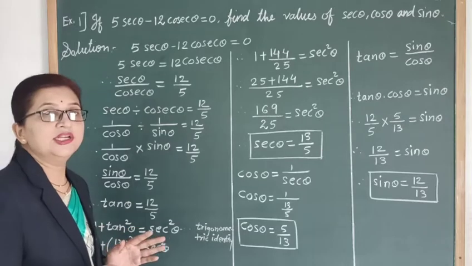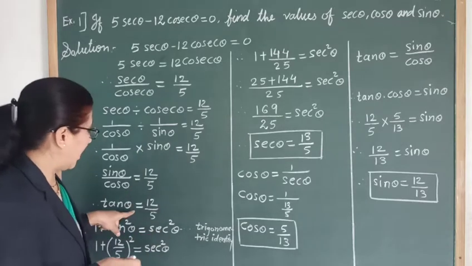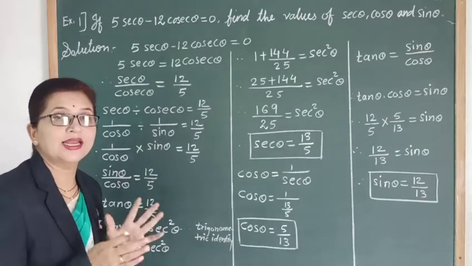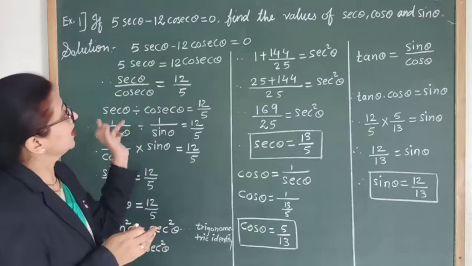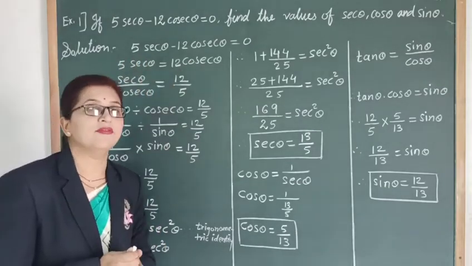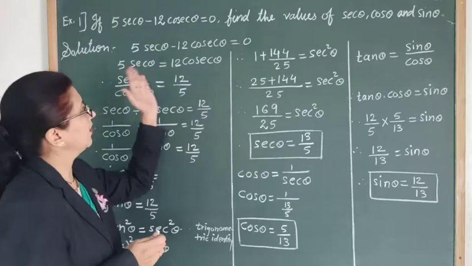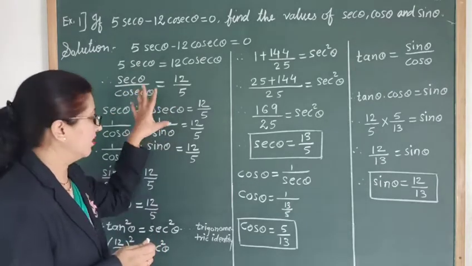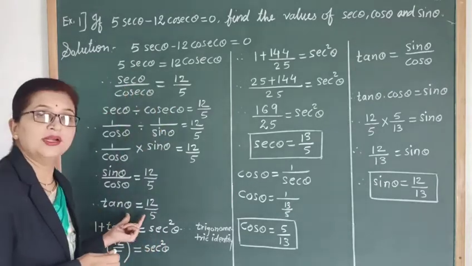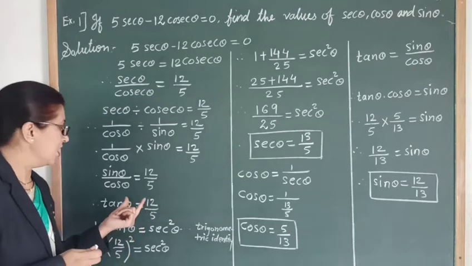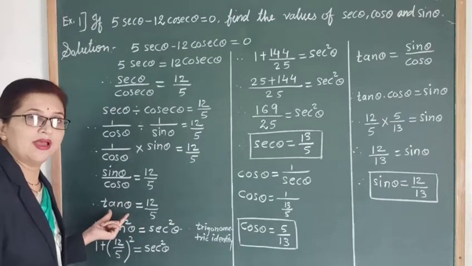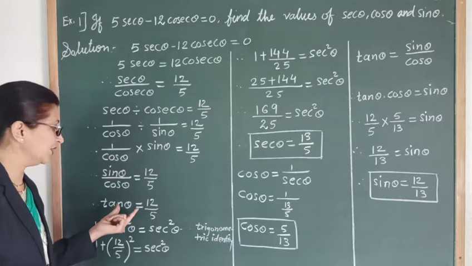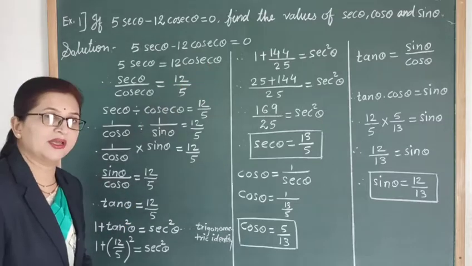So here, instead of giving the value of tan theta directly, we are given the same value but in the form of an equation. So with proper conversion we can convert the given equation into one of the trigonometric ratios. Now we got the value of tan theta. So let's use this to find out the remaining ratios.